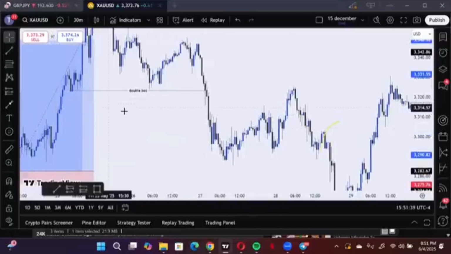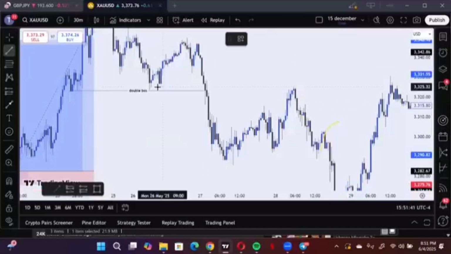Okay, so let me give another example. Market gave you a double break of structure here. After this double break of structure, this was officially when market gave you that double break of structure. Remember, if market is going to give you